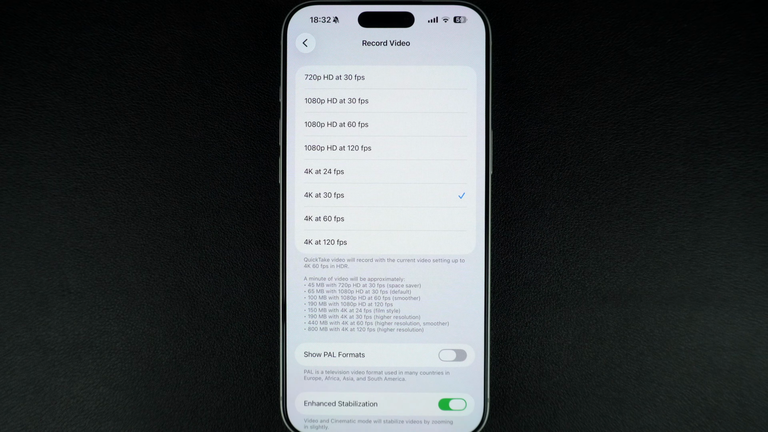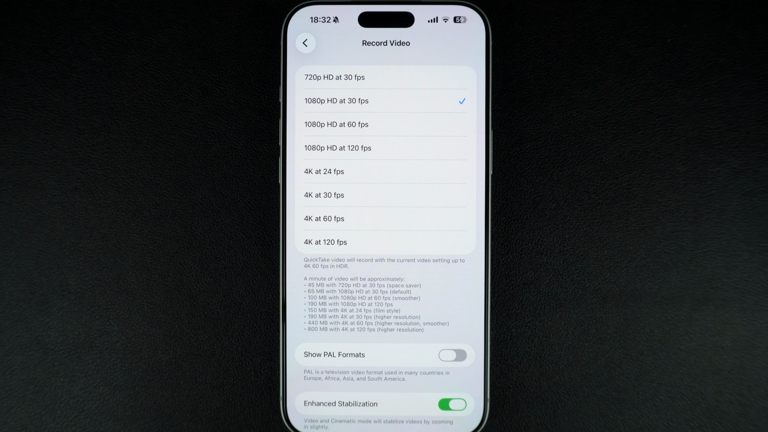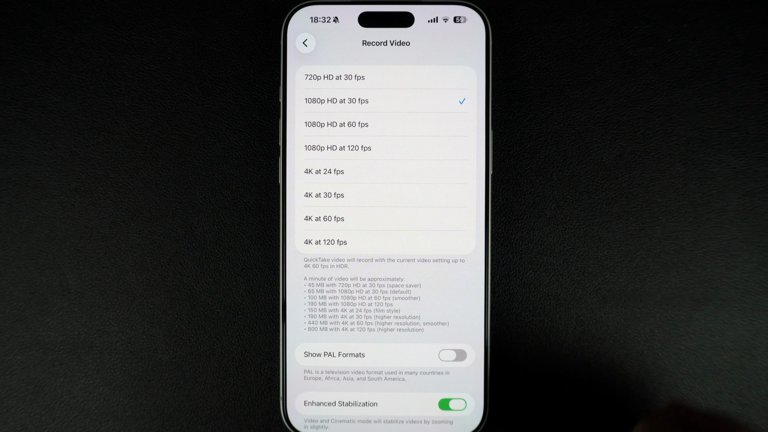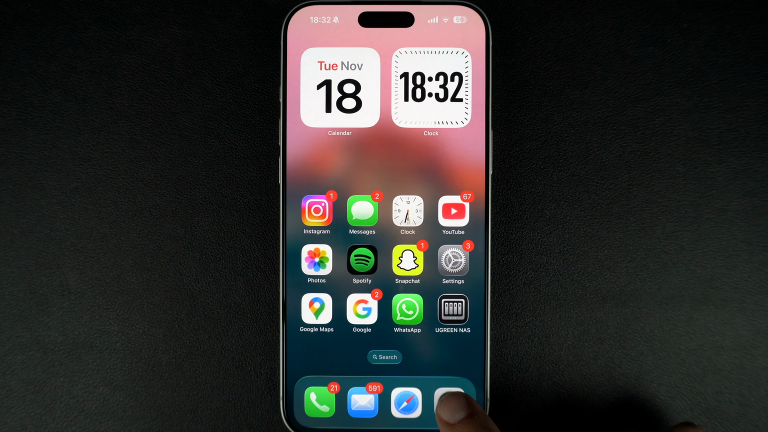Here we recommend that you select 1080p HD 30 fps option as this will be good enough for home videos and social media content. However, if you want your videos to run smoother, you can go for the 1080 HD at 60 fps option. In iOS 26 or later, you can also change this setting quickly right from the camera